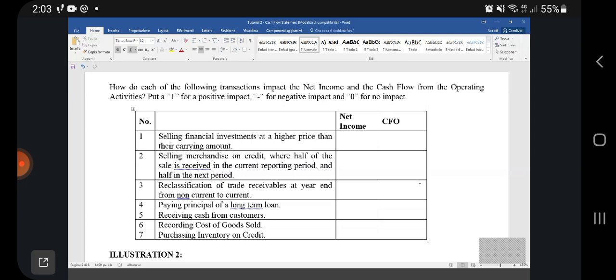They do not require you to prepare a cash flow statement. They even don't require you to calculate anything, but they require you to understand very well the impact of each transaction on 2 very important items of financial statements. The one is the net income. The net income is the bottom line of the income statement. So the net income is the difference between revenue and expenditure. The net income or the profit for the year is reported at the end of the income statement, and it is one of the